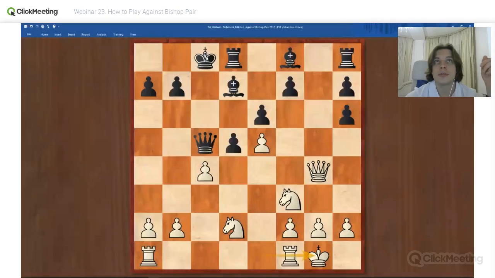So yeah, it looks too risky to castle to the king side because of the g file open, but the queen is there and the queen controls the g file. King b8. And now it makes sense to start the attack on the queen side, but at the same time we should control the center. Rook fd1. If he takes, we take with the knight and occupy the d6 square if needed. Queen b6.